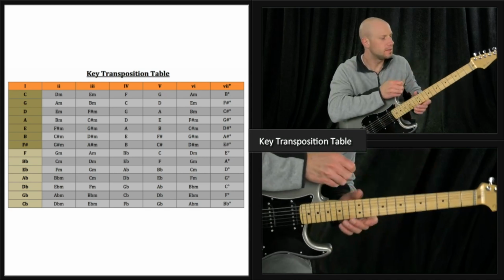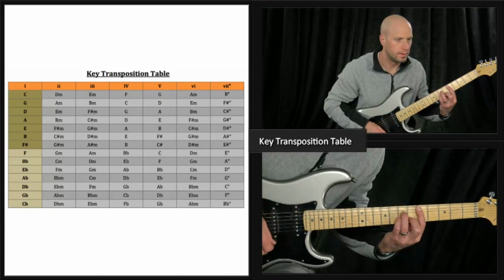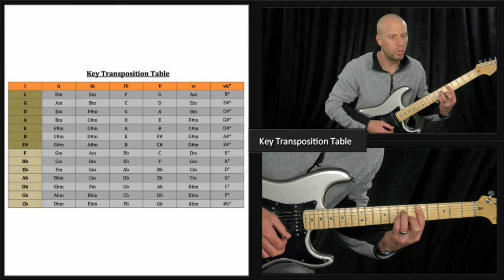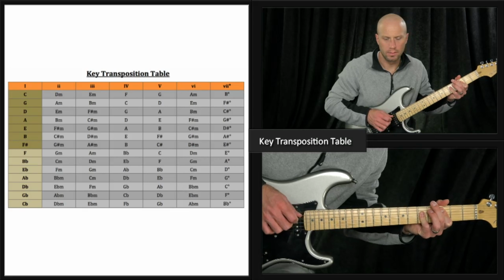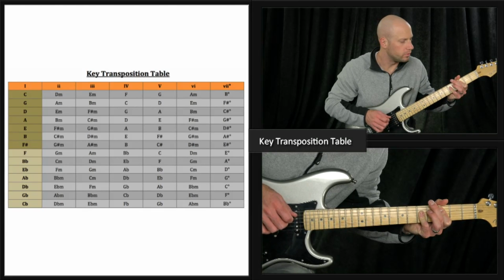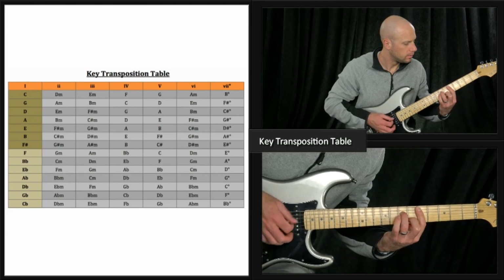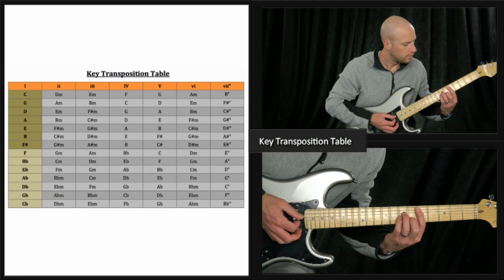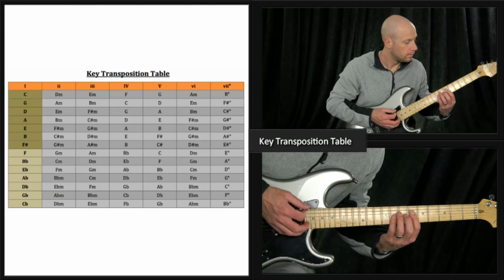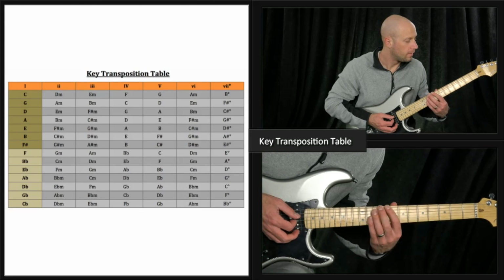What that means is if we're playing in D, we've got a minor 1, we've got a major 7 chord, a whole step away from the root. So we've got a major 4, so we've got